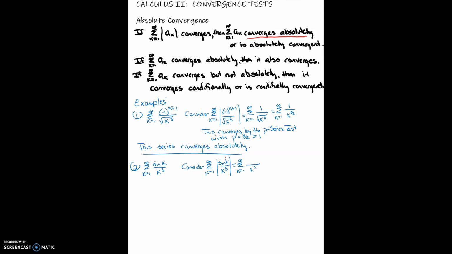However, in the numerator, sine of k, depending on what k is, could be a positive value or a negative value. So we can't really get rid of the absolute values there in the numerator. So now what to do with this series? Well, by the direct comparison test,